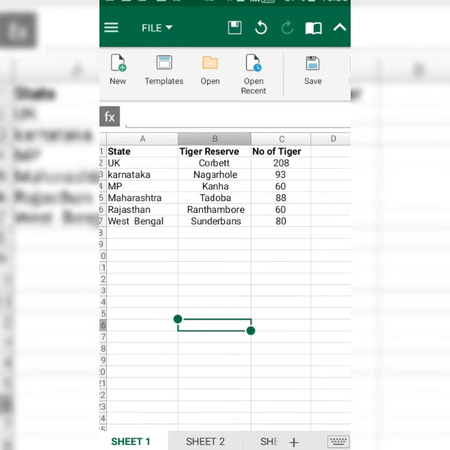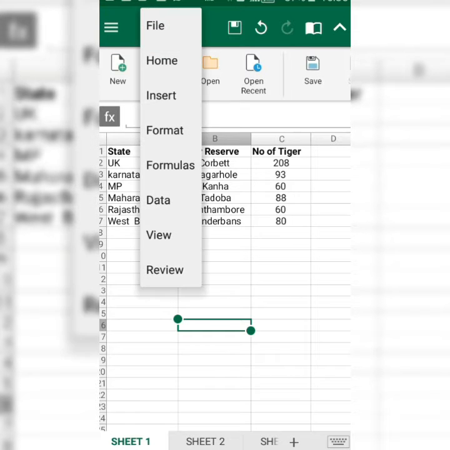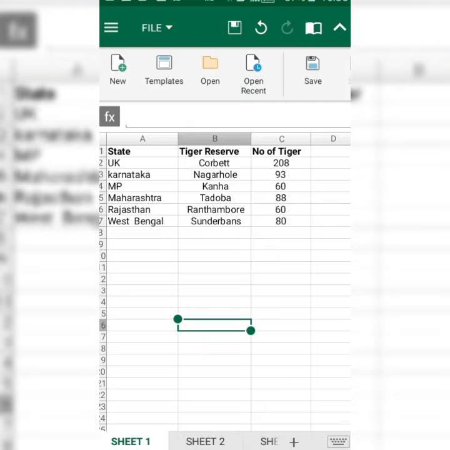If I want to find out the sum, there is a function called AutoSum. We can either use the AutoSum function, or we can add it manually also. If I want to add the number of tigers through the AutoSum function, I'll simply go to the file option, or rather go to Home.